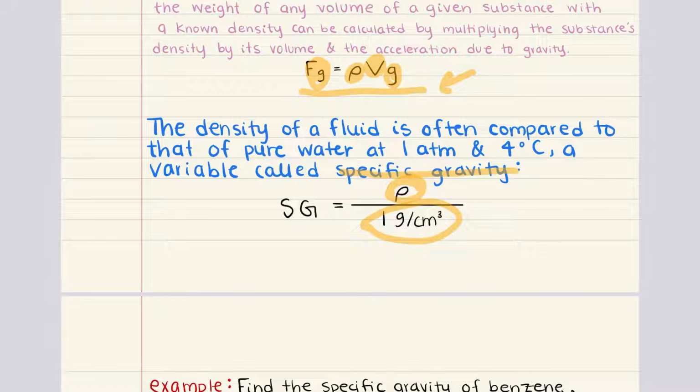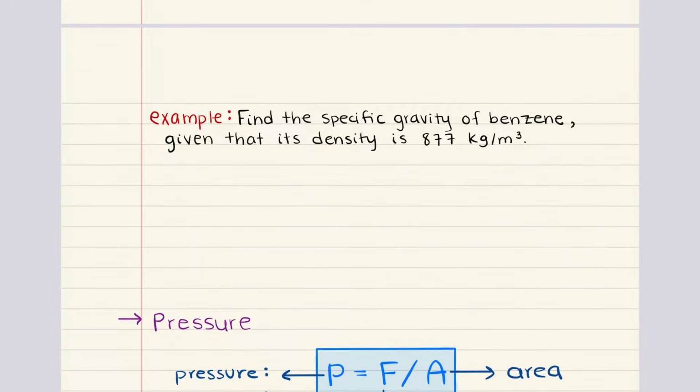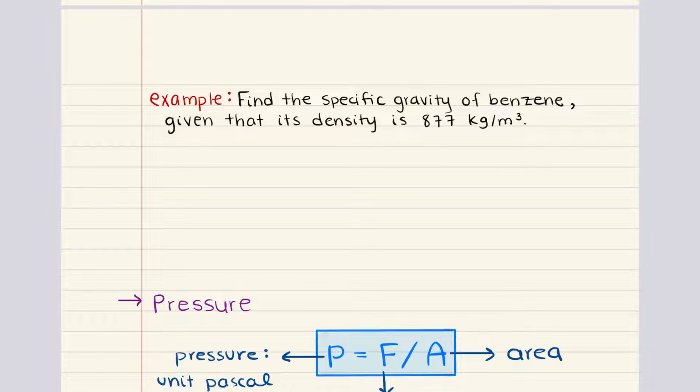This basic understanding of density and specific gravity really helps us analyze complex fluid systems, and it helps us predict the behavior of different substances in various scenarios. Now, the best way to understand specific gravity is to tackle a practice problem. This one says, find the specific gravity of benzene given that its density is equal to 877 kilograms per cubic